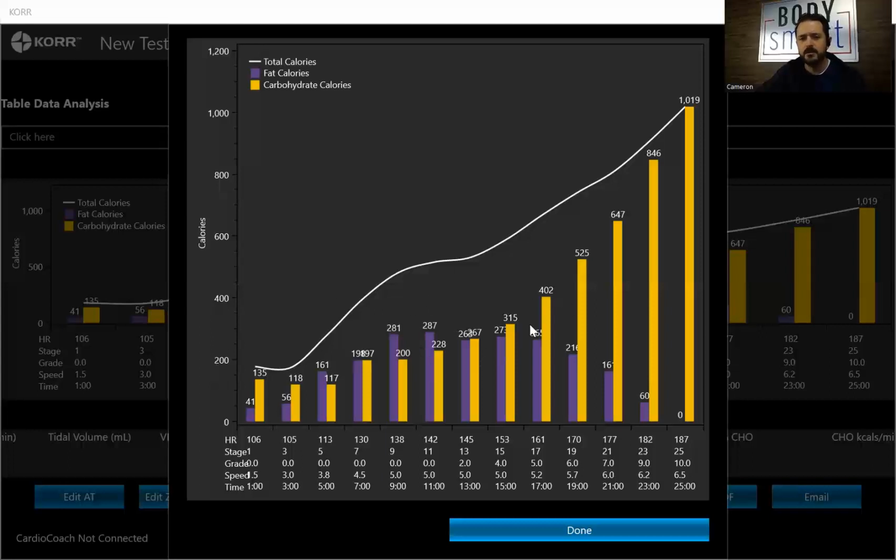But the carbohydrate calories really start to climb. And so when the carbohydrate calories climb, that means it's going to take longer to recover. It means that it's applying a little bit more beat up to your body, so that you're more depleted, fatigued, exhausted. So the average person that's 150 pounds and 20% body fat has about 105,000 fat calories stored